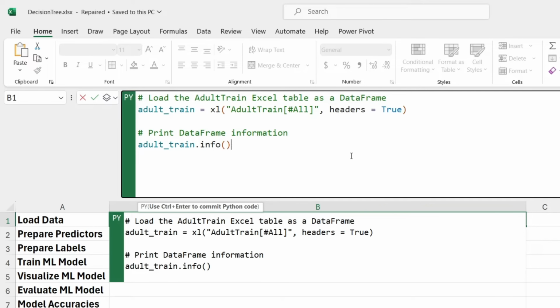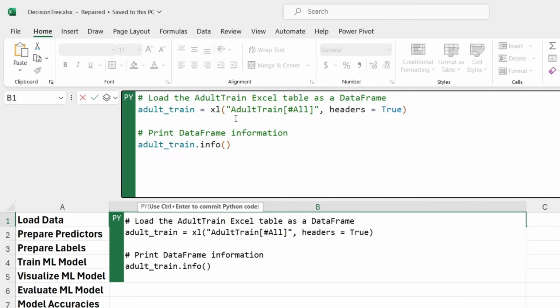And let's talk about what this code is doing. So first up, what we see here is the adult train is listed. But notice what it's listed as. It's listed as a parameter, as an argument to this Excel function. The Excel function is brand new with Python and Excel. It's your gateway. It's the ability for you to actually pull in data into Python and Excel from your Excel tables, from your Excel worksheets, and even from Power Query, which will be a subject of a future video on